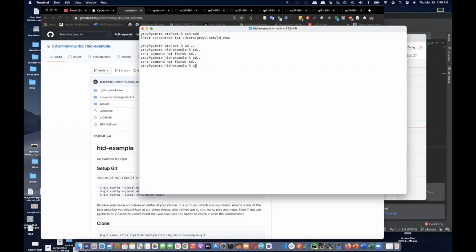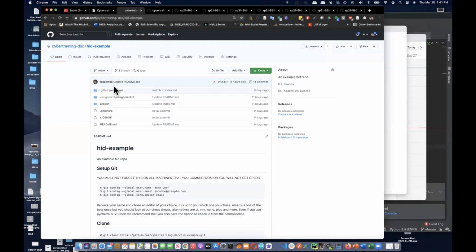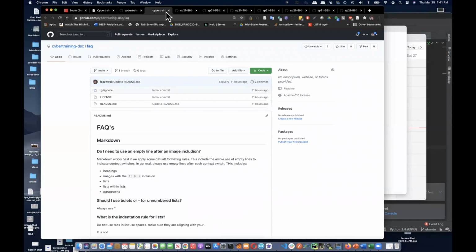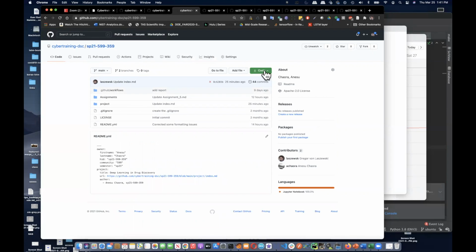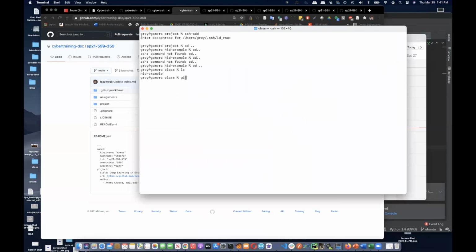So remember, my keyboard is unfortunately broken. Remember that we have here an HID example. And now I want to go, for example, check out this particular student's repository. I can go here to this location. And here you probably have to use HTTPS because you are not authenticated to write into this. I am authenticated to write to this. So you can copy this here, and then you can simply say git clone